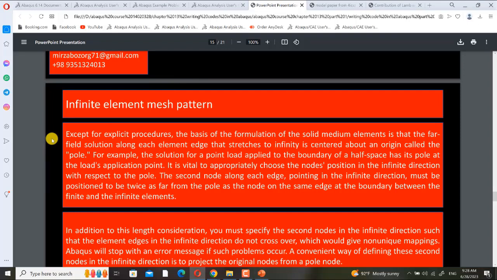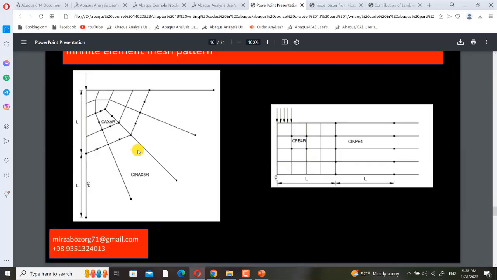Except for explicit procedures, the basis of the formulation of the solid medium elements is that the far-field solution along each element edge that stretches to infinity is centered about an origin called the pole. This is the pole. In this geometry, this is the pole.